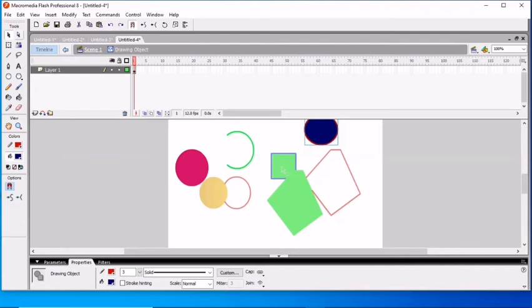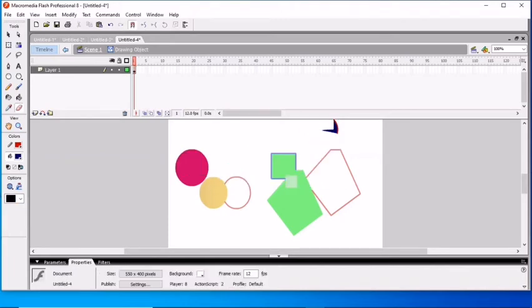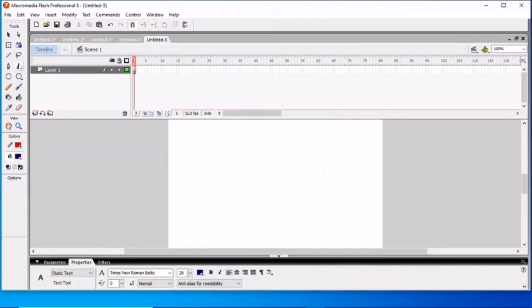Okay, next one is working with text. For this you use the text tool. Again we want to remove all this. Take the eraser, use a big eraser like this one and remove all this. Now you write any text. For this select the text tool and write any text here. For example, if you want to write something like keep smiling.